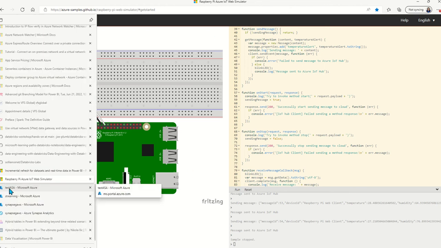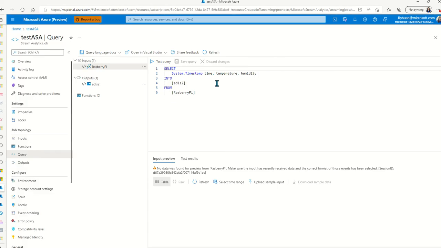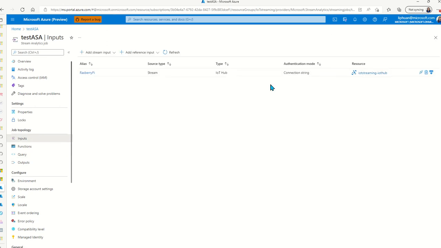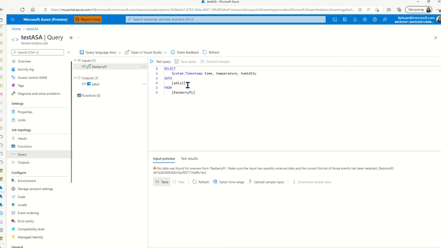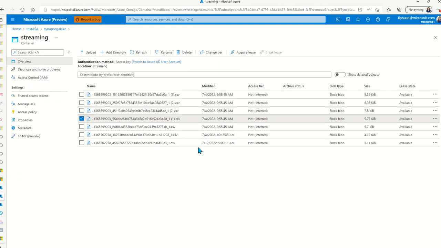And then to process the data from the IoT hub, we have set up a Stream Analytics job. The input is the IoT hub that receives messages from the Raspberry Pi. The query is fairly simple, taking the timestamp, temperature, and the humidity and putting that into the ADLS Gen 2 as a sink. And then if we take a look at the container that the Stream Analytics job is syncing into,